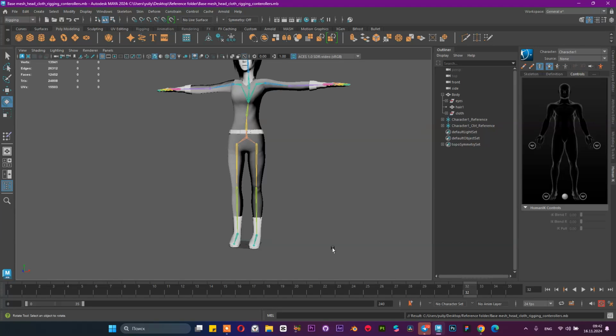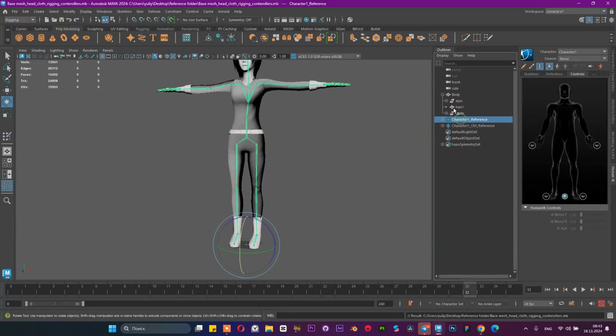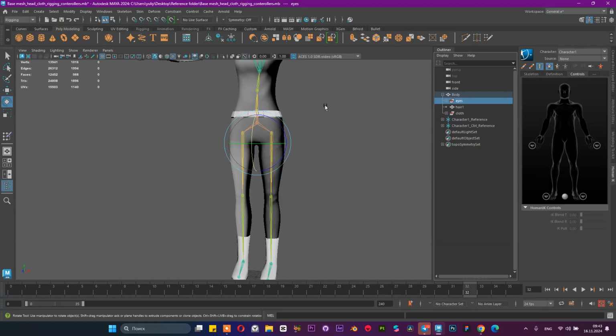You mean? Yeah, yes. You mean in the settings of the bind skin, in the outliner? Of joint creation or